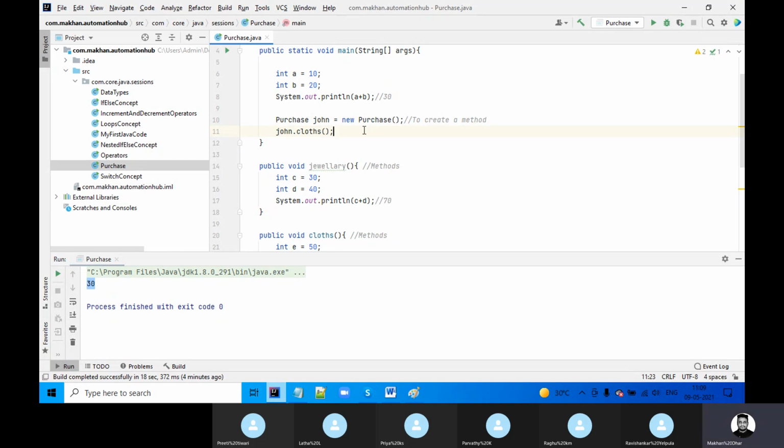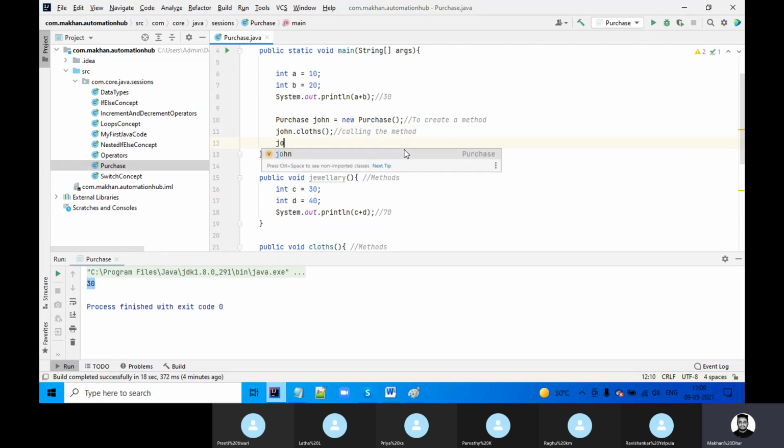So I have called, this is calling the method. This is the reference variable which I created, and I use it.